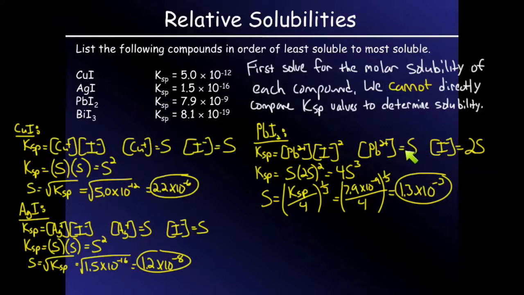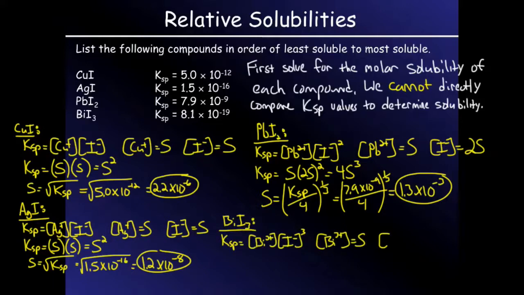We then take these expressions, plug them into the KSP expression, lead concentration being equal to molar solubility, iodide concentration being equal to 2 times the molar solubility, and then we square it because it's in the KSP expression. We get 4s cubed. Molar solubility then is equal to KSP divided by 4, and you take the cube root of that. And then for the last one, bismuth iodide,